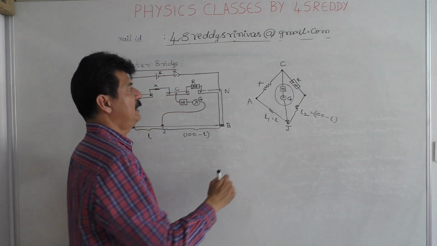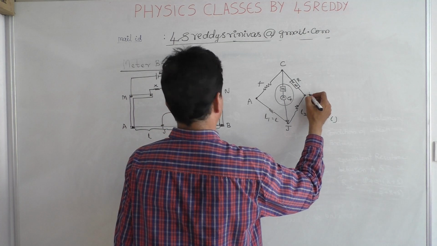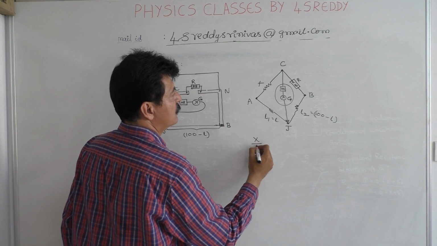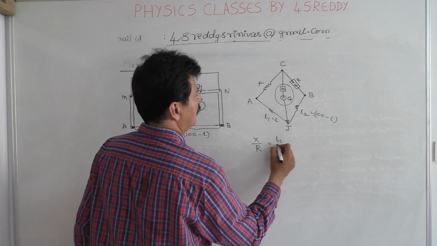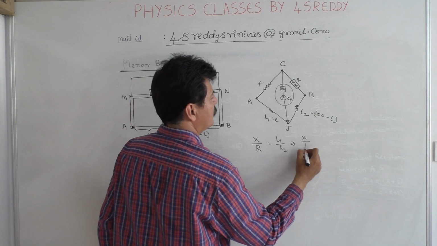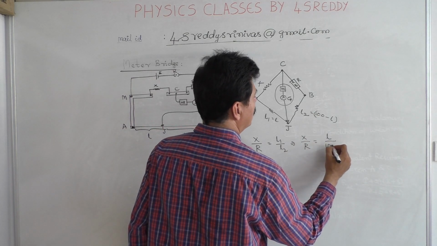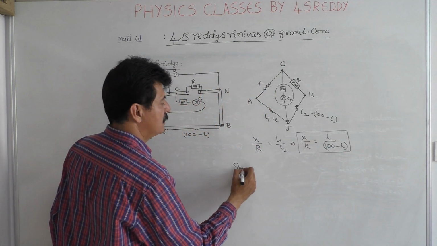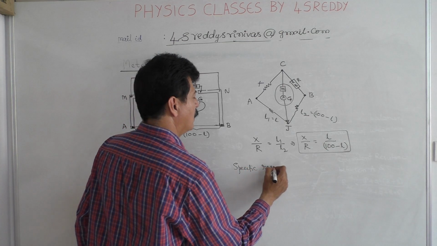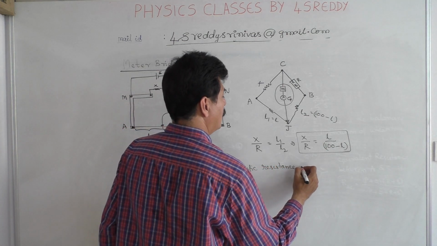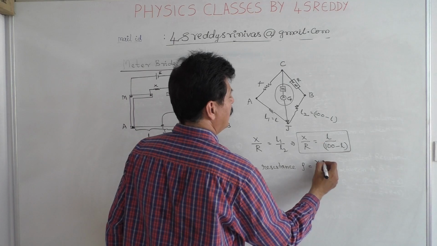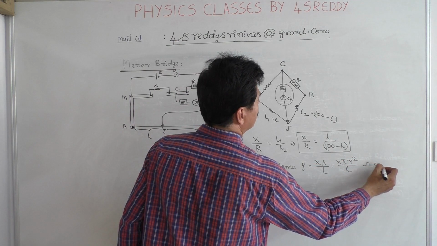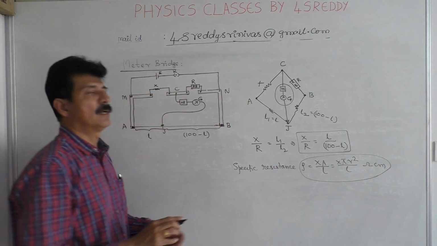So the bridge is said to be balanced. Under the balancing condition of Wheatstone bridge, X by R should be equal to L1 by L2, or X by R is equal to L by 100 minus L. So only a simple formula based question. And specific resistance rho is equal to XA by L, or X into pi R square by L, ohm centimeters. This is another application of the